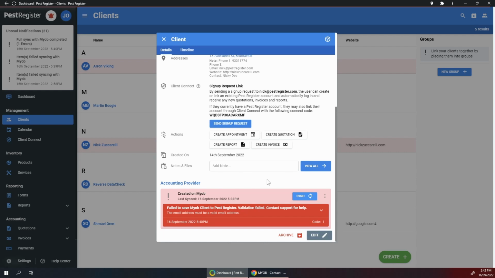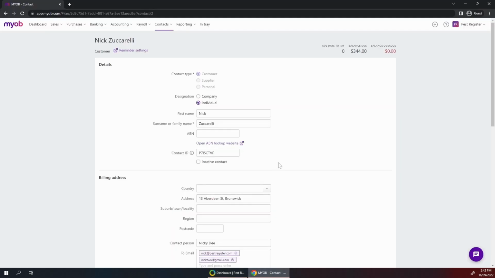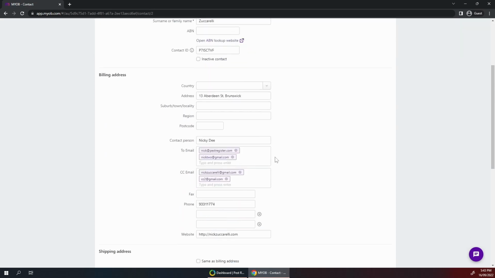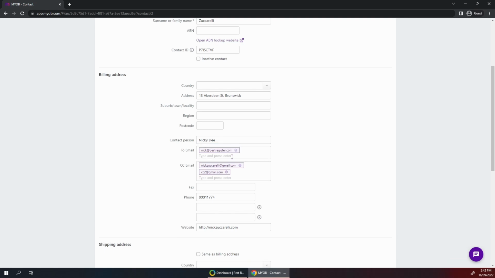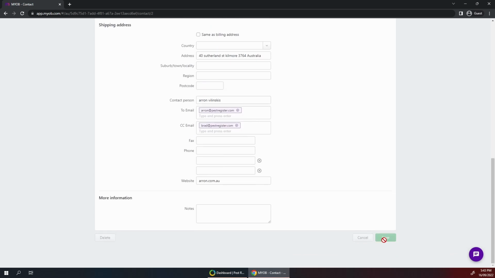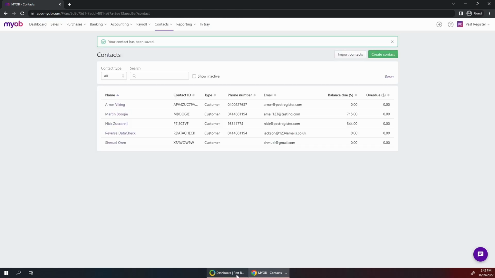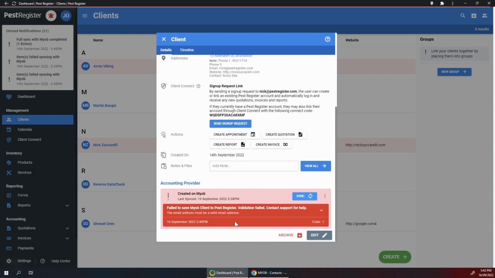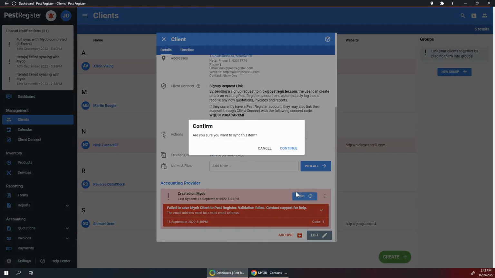Fast forward and I've now opened the client on MYOB. And as you can see, my client has 2 email addresses. However, Pest Register only supports 1. In this specific example, I will delete the extra email address and click Save. Once you believe you have fixed the problem, you can perform a manual sync on the item to resolve the issue in Pest Register. Give it a moment,